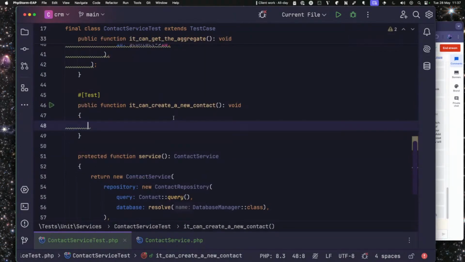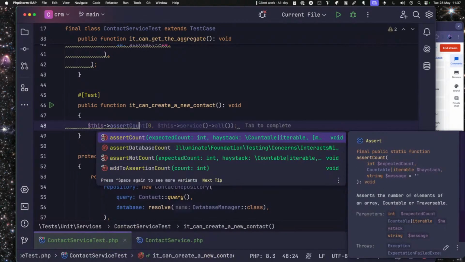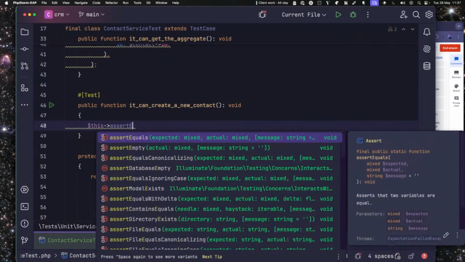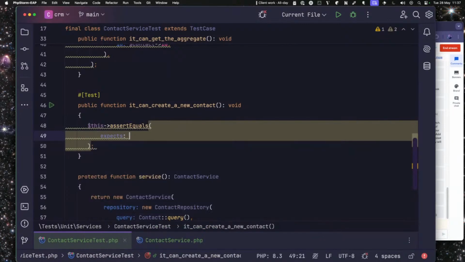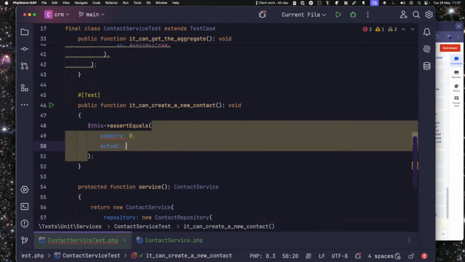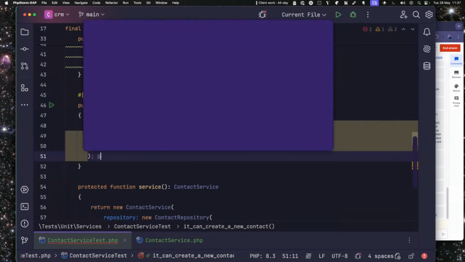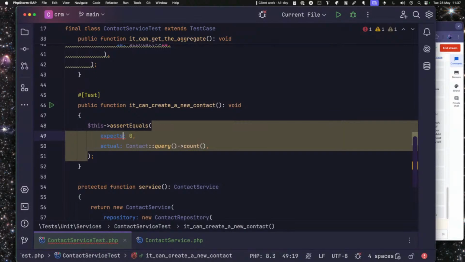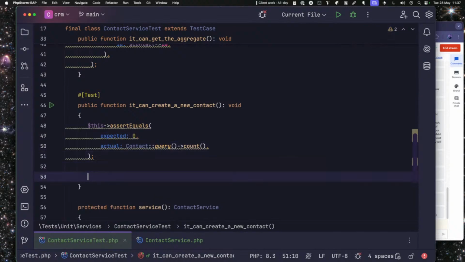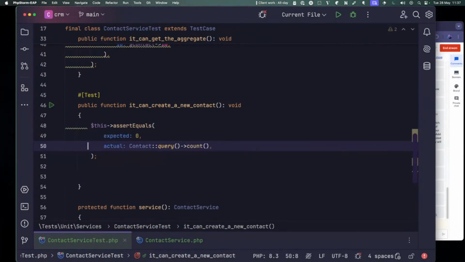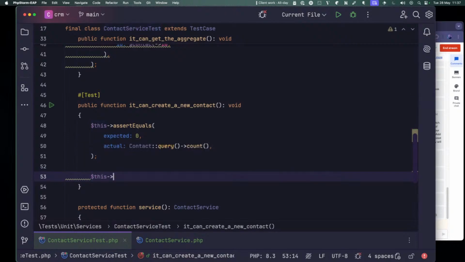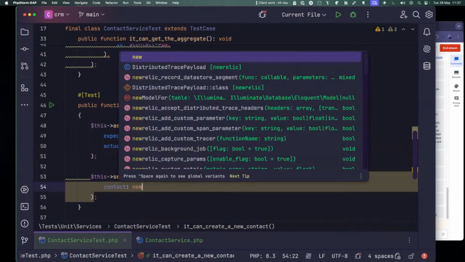Okay, so it can create a new contact. So we are going to this assert count. No, assert equals the expected is 0 and the actual is going to be, we're just going to do a quick query here. Assert equals expected to be 0. There we go. So pick that up. And then what we can do is say this service create where the contact is a new